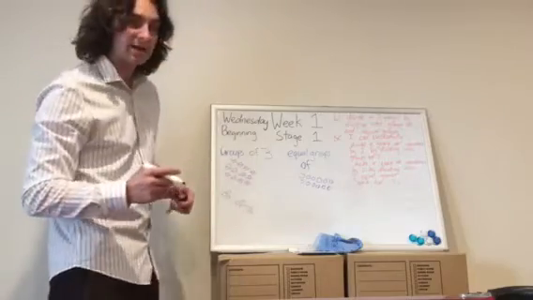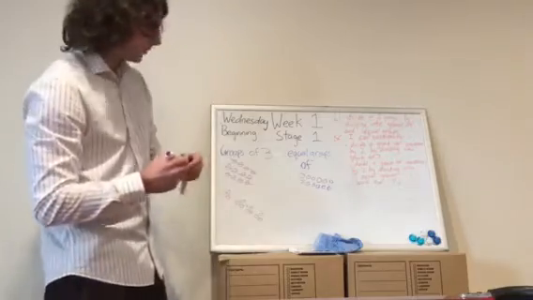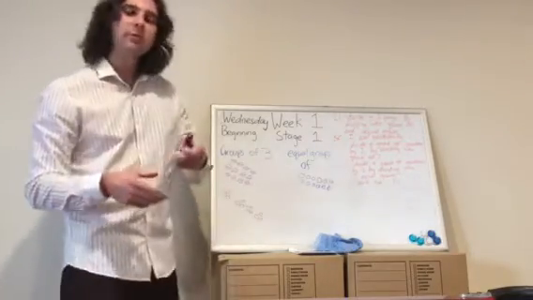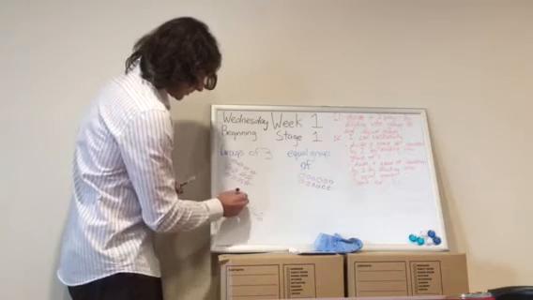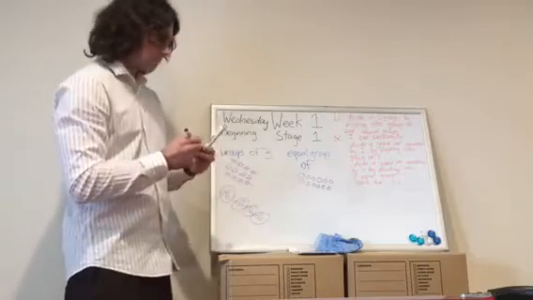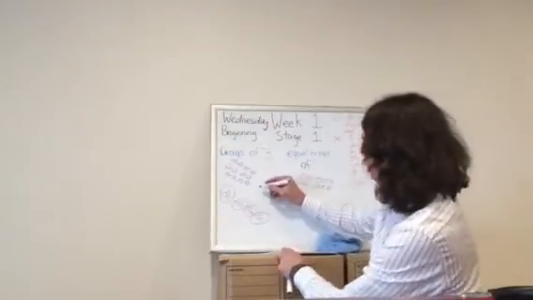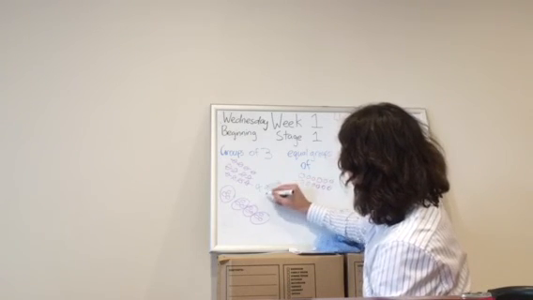Remember, crossing out as I go. Now let's see how many groups I have. How many groups of 3 do I have? I have 1, 2, 3, 4. So I have 4 groups of